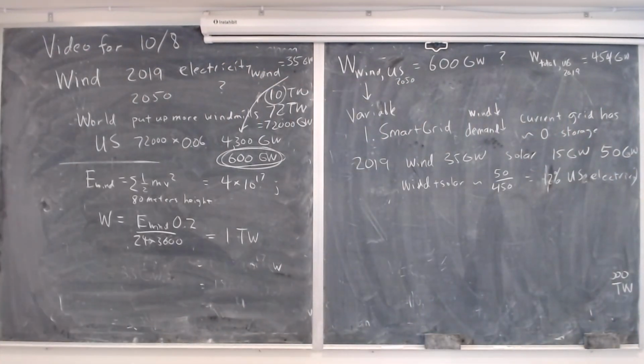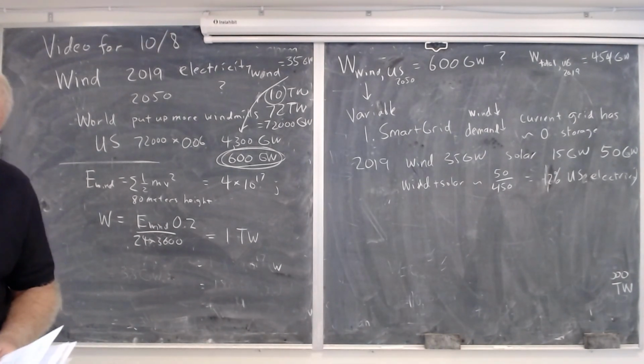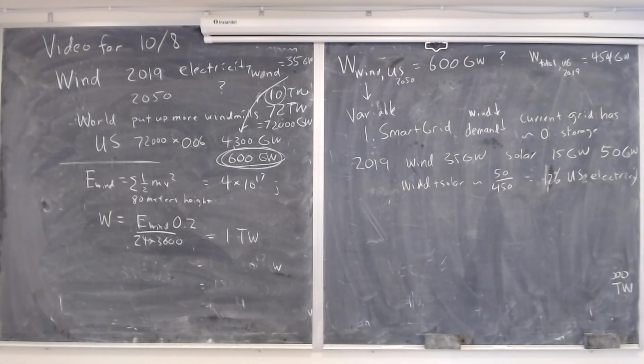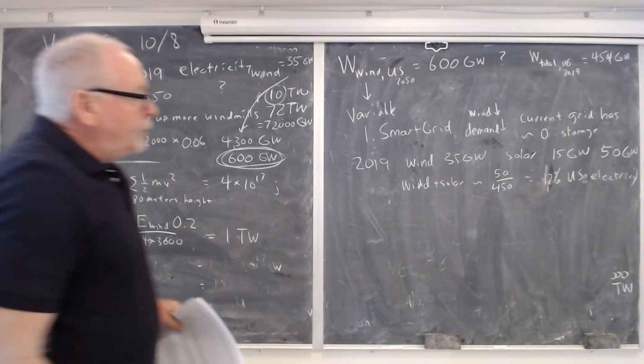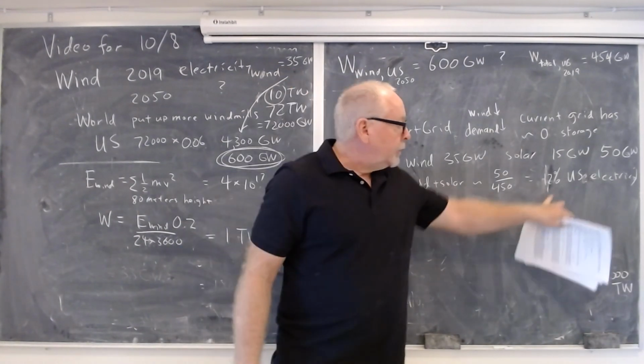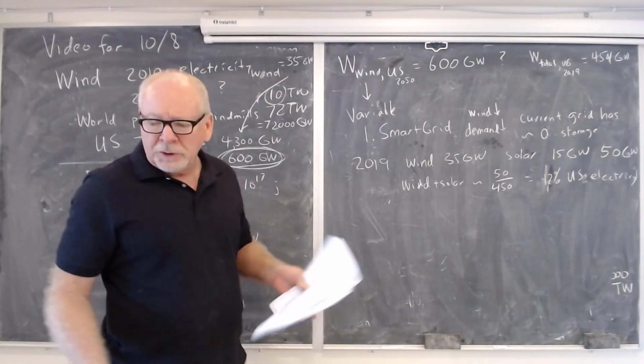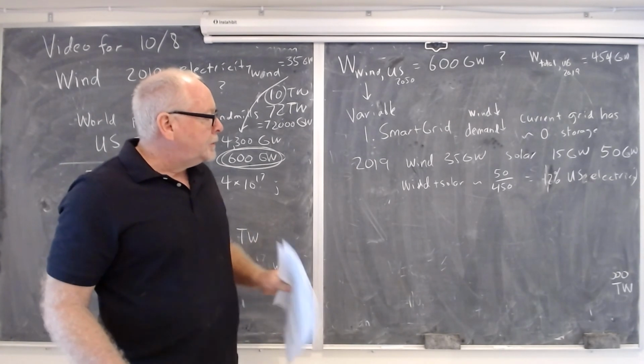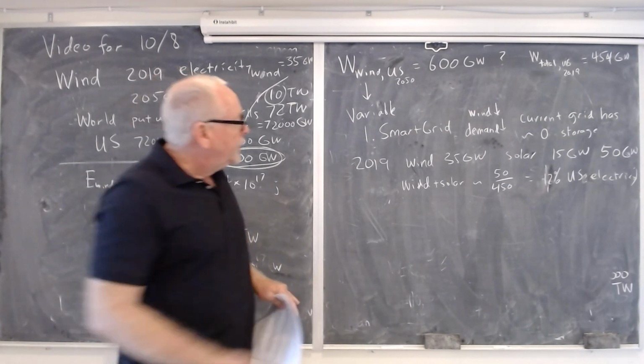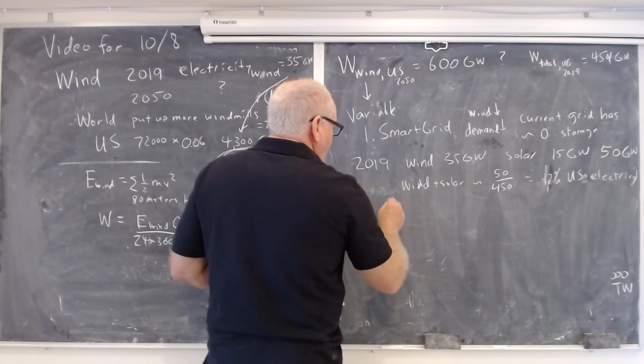Let me check that number here. Yeah, maybe 11%, somewhere around 11 or 12. So right now in the year 2019, there's roughly no smart grid in place. I mean, very little. And so we're working fine at around 12. And the idea is that this would be required